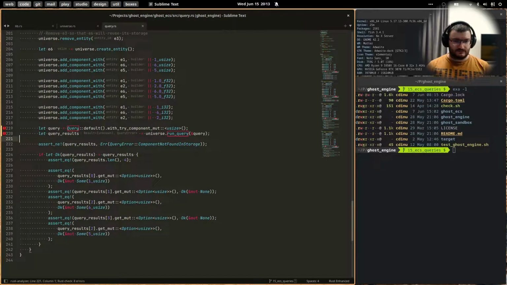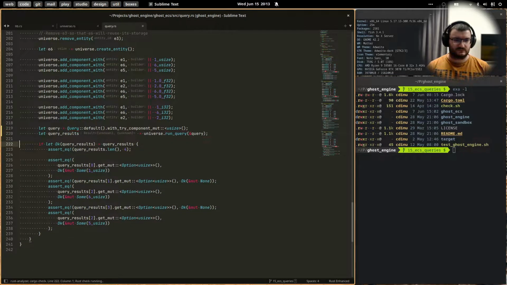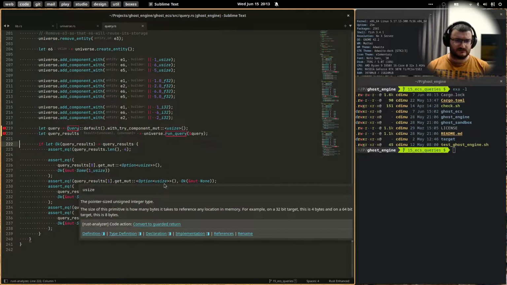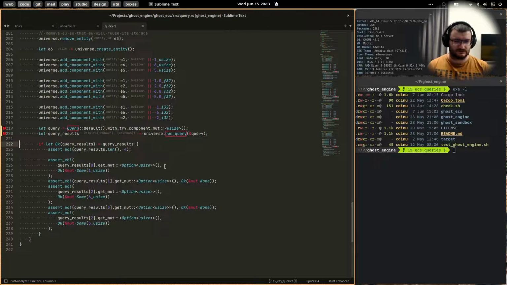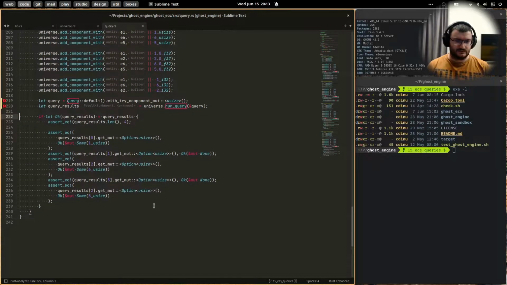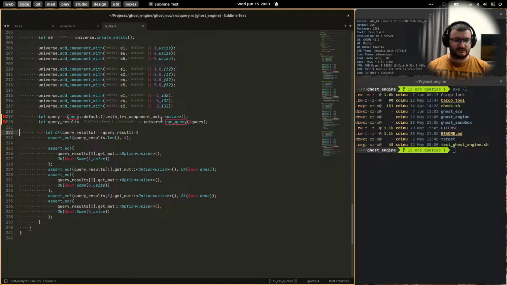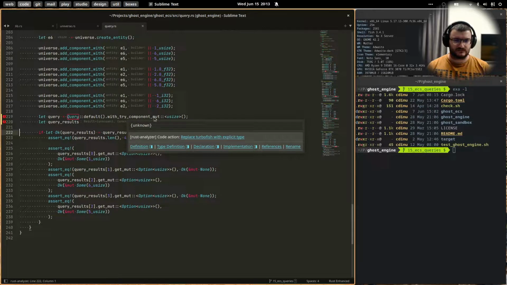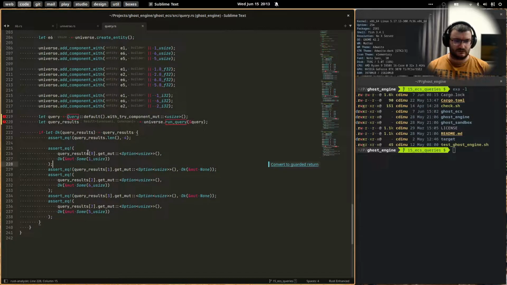And next, oh, I'll need to remove those sets from all the tests and build a separate test, but we'll get there in a minute. I think there is something wrong with this test, so try component mutable, and